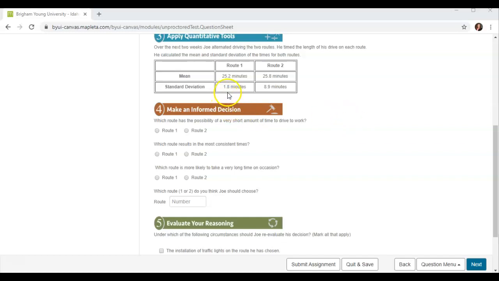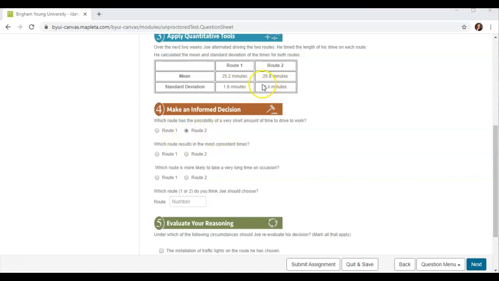Because of the standard deviation being small in Route 1, this means that most of the times are very similar to the mean. With a standard deviation of 8.9 minutes, Route 2 has a much broader variation for the data points around the mean of 25.8 minutes. So because of this wider spread, it has a much higher possibility of having much higher drive times than Route 1. So we're going to say Route 2 has a possibility of a very short amount of time to drive